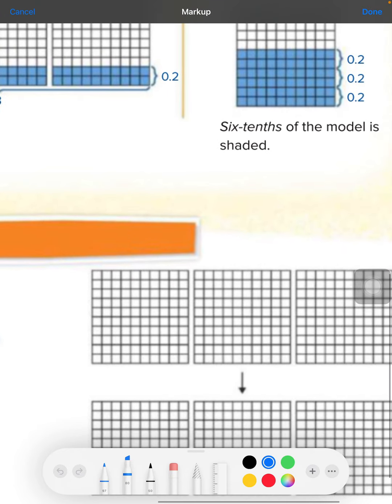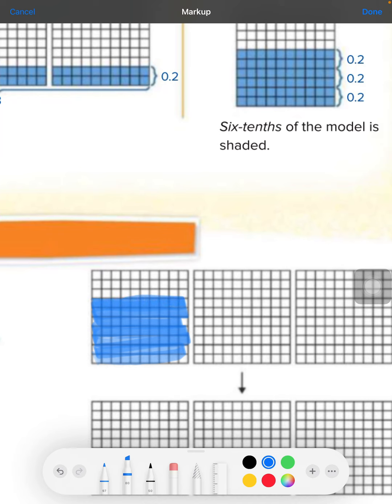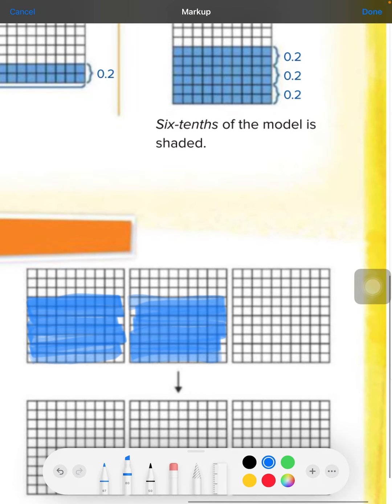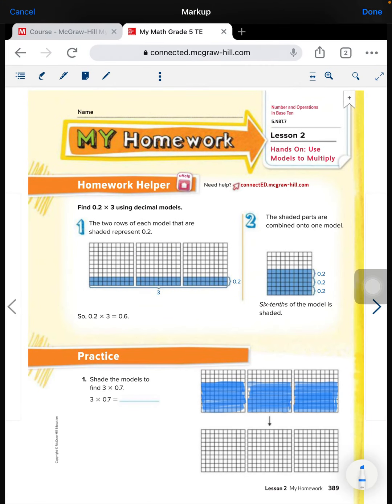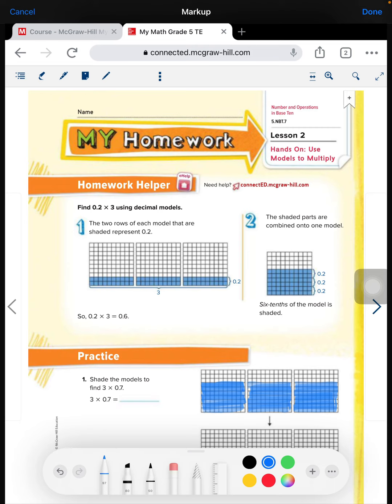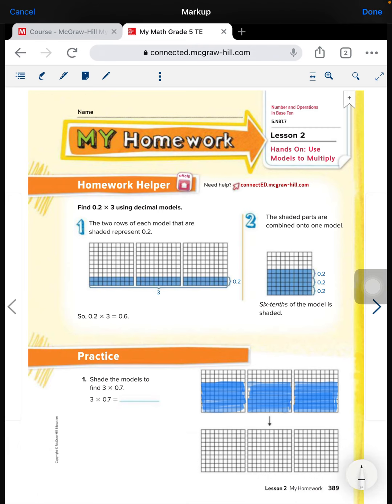So we're going to come through here and do 0.7, or 7 tenths bars, in each of these. There's 7 there. Now they want us to add them together to figure out what we have total. Now what we can do here is do